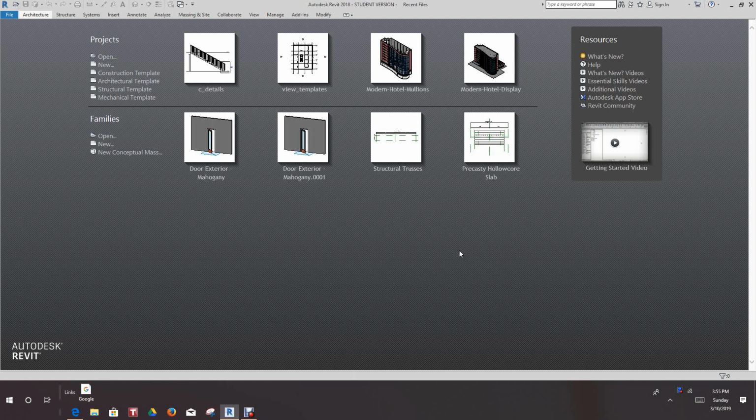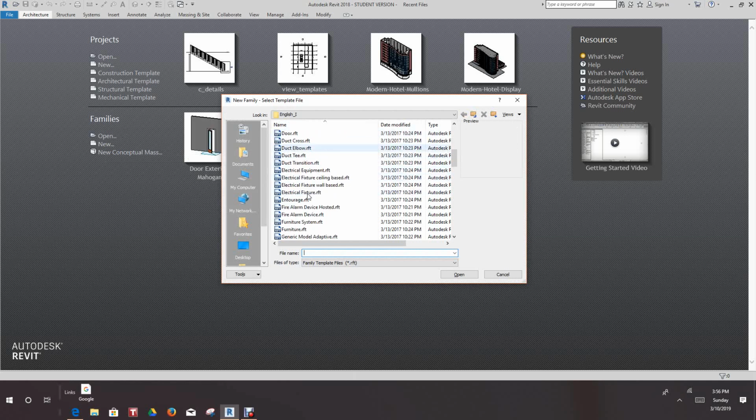Today we're going to look at in-place families and profiles for a structured floor type. So what we want to do here, the first thing we'll do, is create a family based on a profile template. So we want to go into our new template on the families,